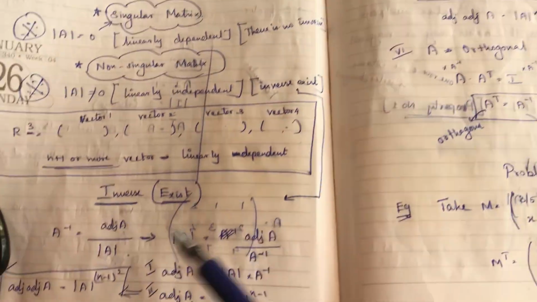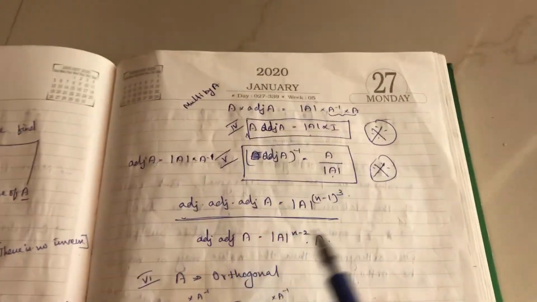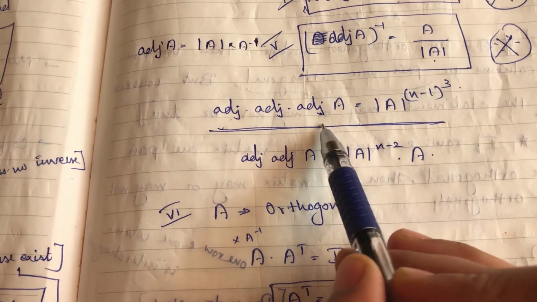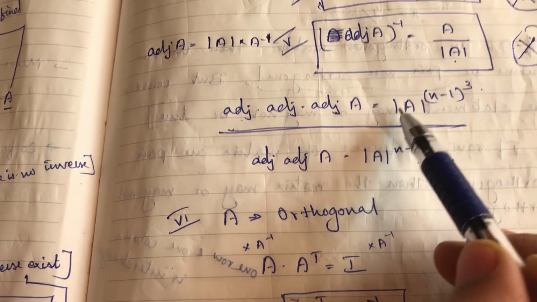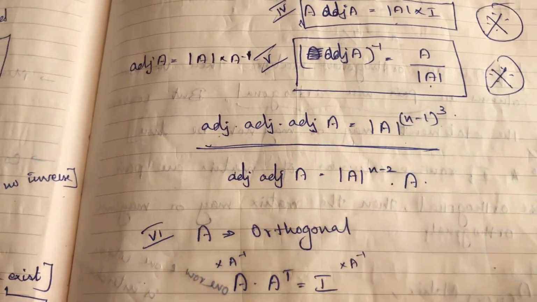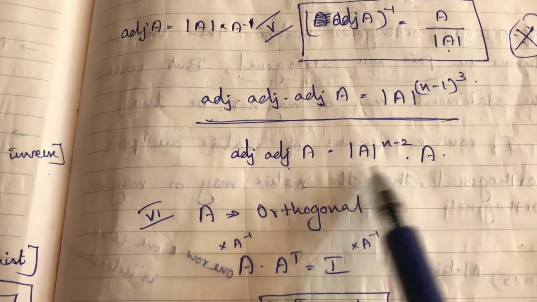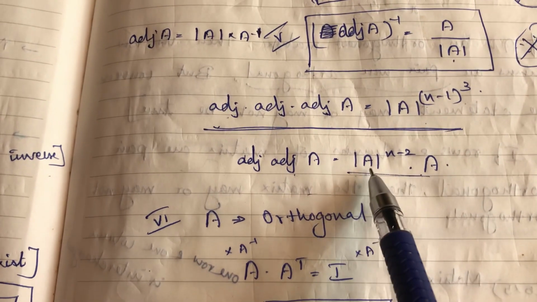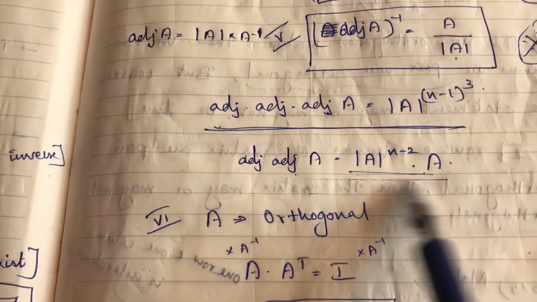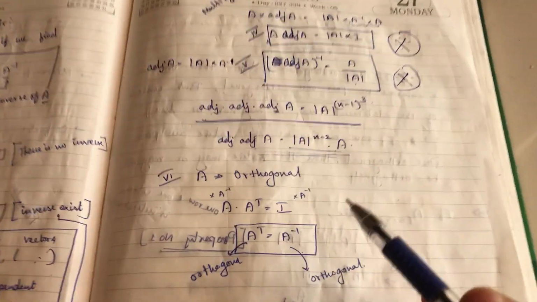So there are 5 formulas. You can see here 1, 2, 3, 4 and 5. And I have already told you, if 3 Rj's are here, just make the power as 3. That's it. Determinant value power n minus 1, the whole cube. So if 2 Rj's are here, the power is 2. I have already told you. You can write it like this: determinant A the whole power n minus 2 into A. We can also write it like this. Just see the formulas. This is important if they ask in 1 mark questions.